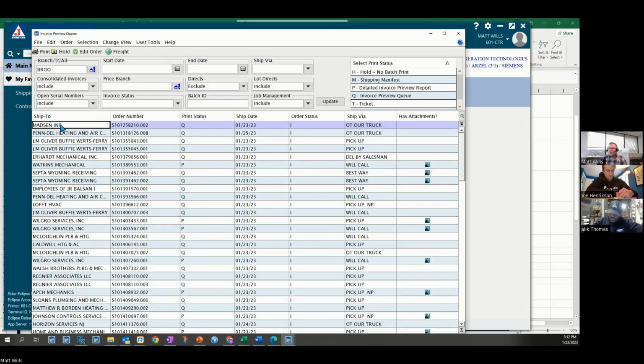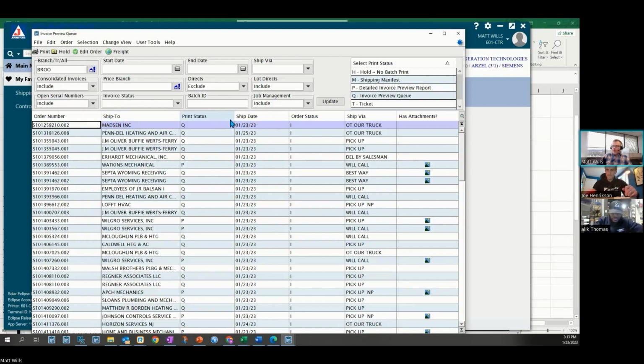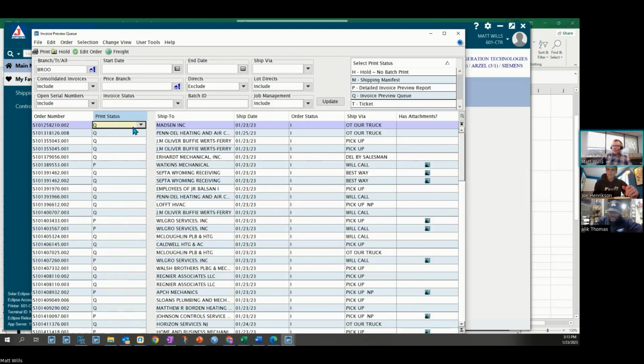This invoice preview queue, there are a couple different view choices under the magnifying glass, but they're pretty similar. When you first come into this screen, I think it looks something like this maybe. But for me, for my brain, how I think, I like to have customers all the way over to the